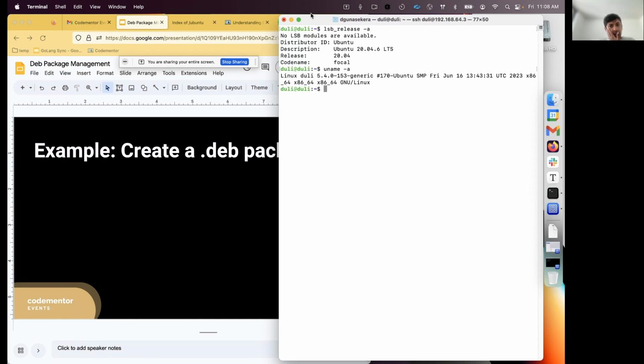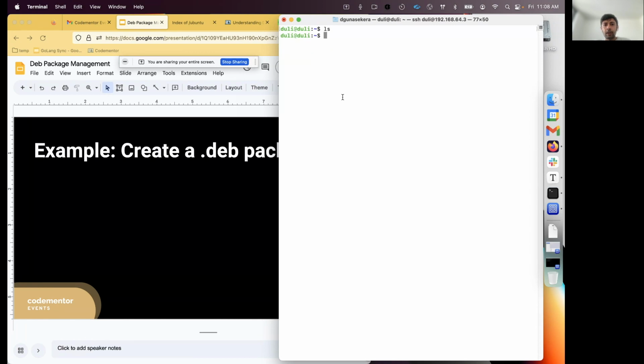So what I have here is a virtual machine running Ubuntu on my Mac, and we are using Focal. And this is an x86 machine, right? So all right, this is the home directory, nothing special there. So first of all, let's